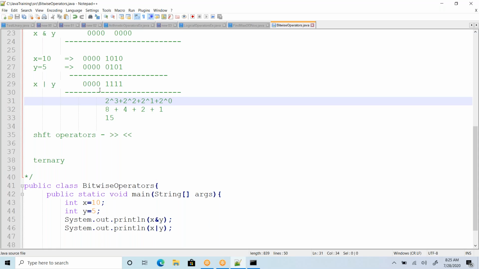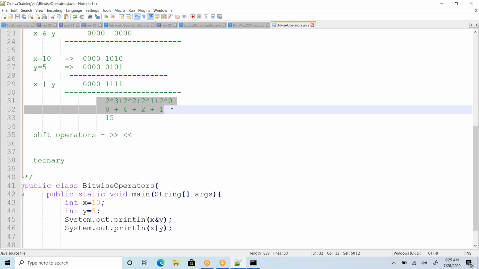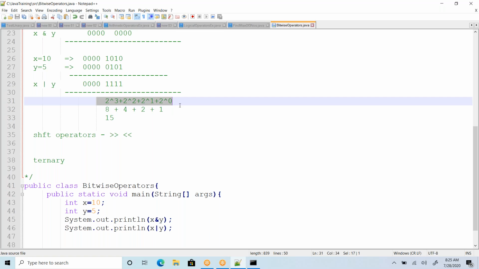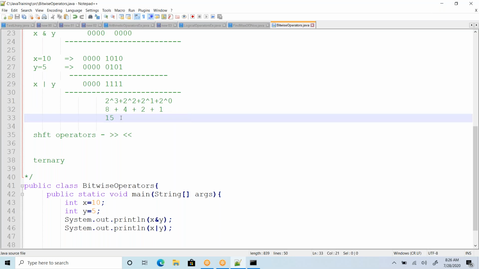This is just conversion from binary to decimal format. Do you know how I'm converting, or do you want me to explain it? Aditya, you know, right? Shankar, you are comfortable with this, right? No need for much explanation on this.